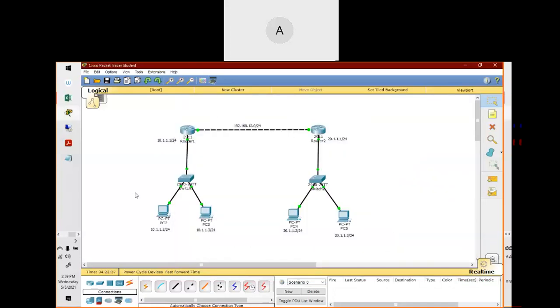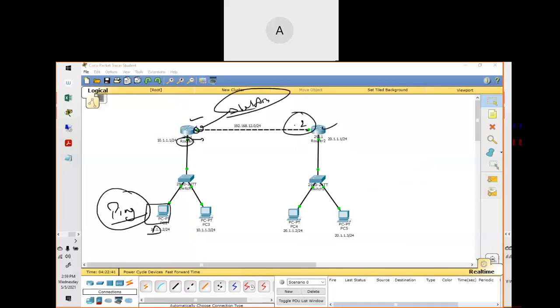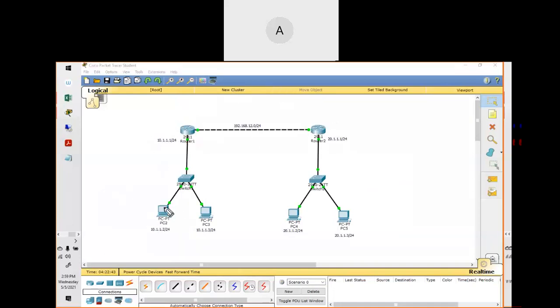Guys, the main issue why this router is dropping this packet is because when you send some packet from this to this, it goes here, it will check its routing table and it will find this route with this network 192.168.12.0, right?